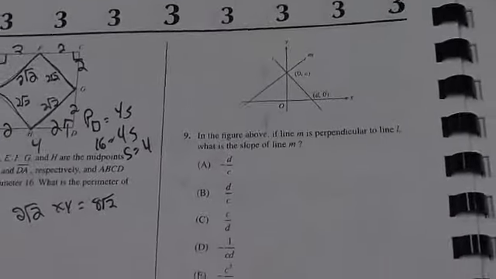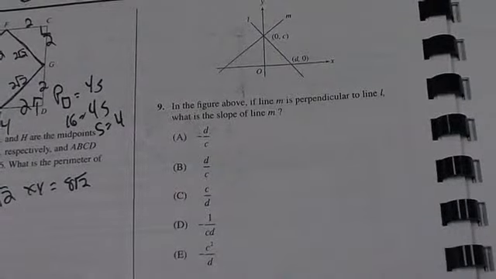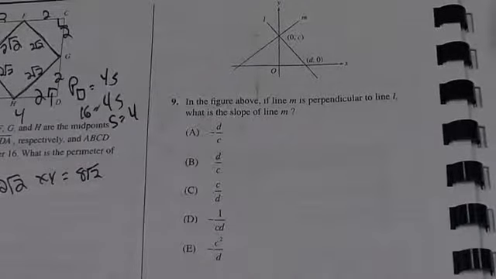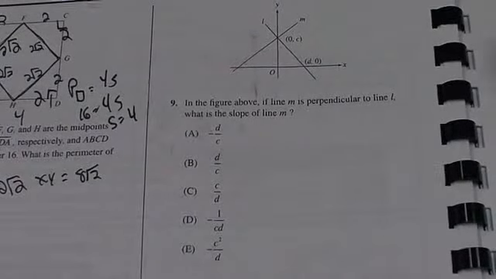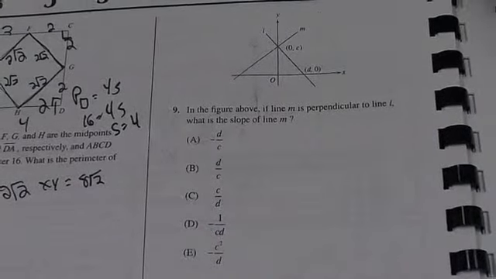Number 9. In the figure above, if line M is perpendicular to line L, what is the slope of M? Alright, remember, with perpendicular, it means for the lines to be perpendicular, the slopes must be negative reciprocals of each other. All right, so let's find the slope